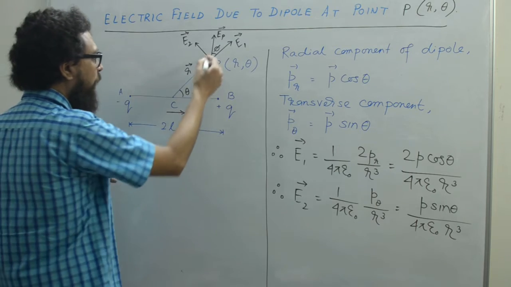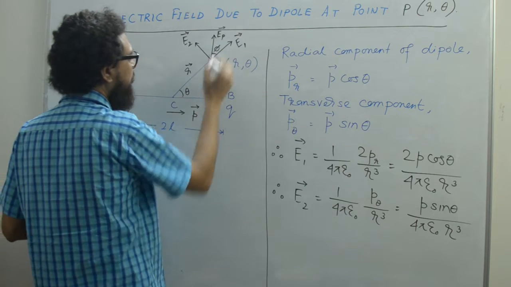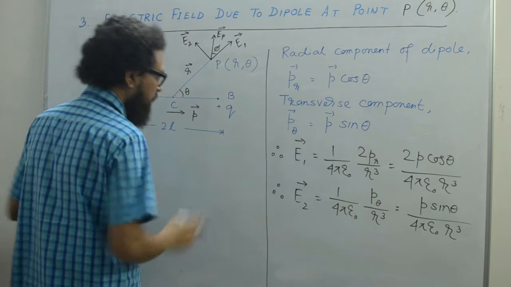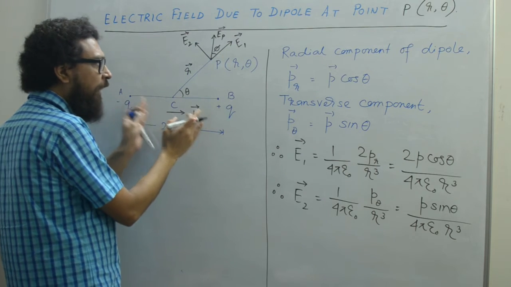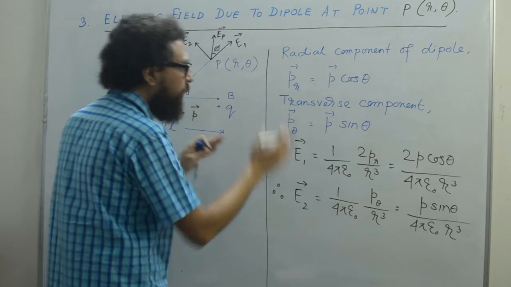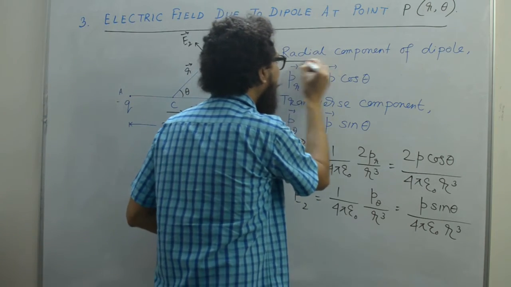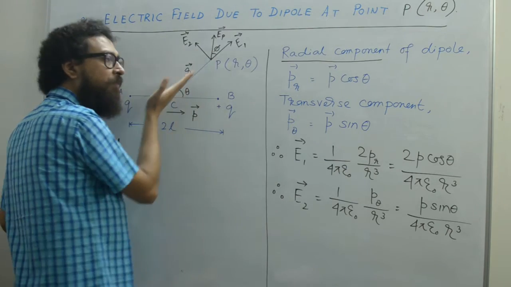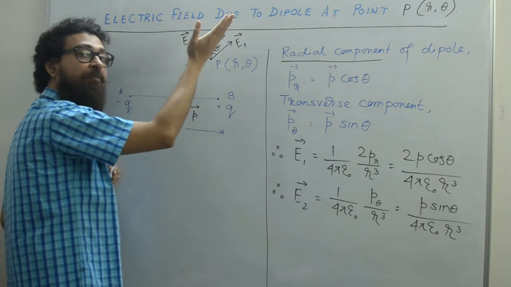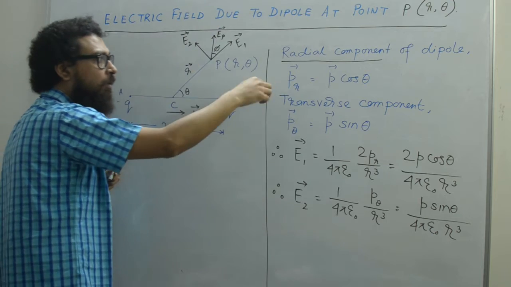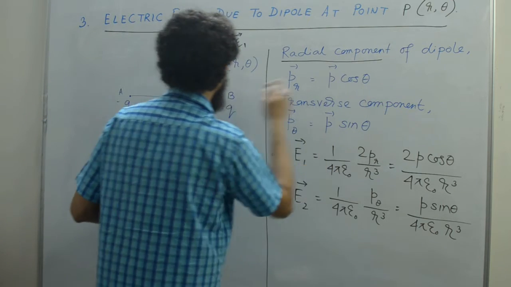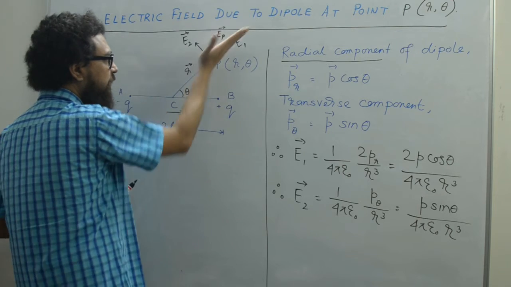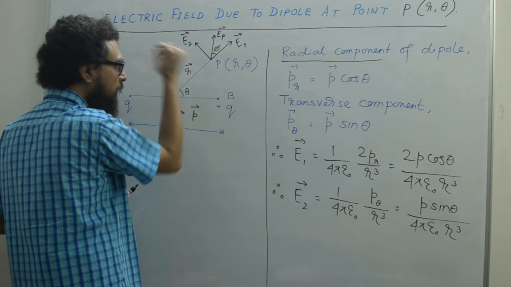What here at point P, if I assume that the electric field due to this dipole is EP, then we can actually resolve this into two parts. Actually, whatever dipole moment we have, we can also resolve that into two components, and one is called the radial component. I repeat, it is the radial component, meaning it is along the radial vector r. That is called the radial component, which is P cos theta. P cos theta is the dipole moment along this direction.